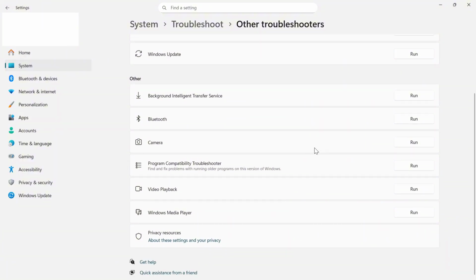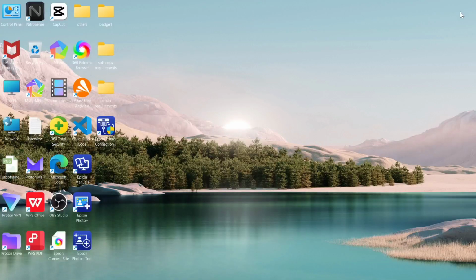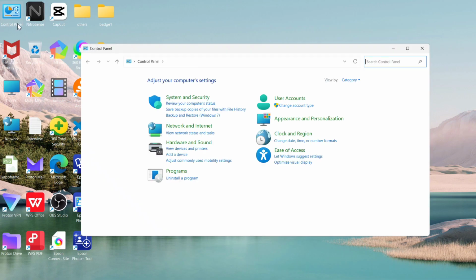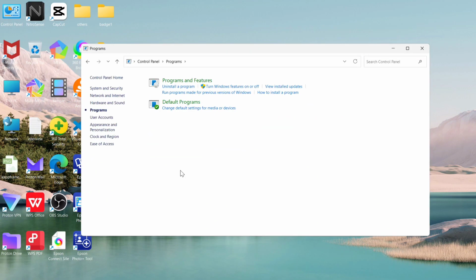Another thing you could encounter on the app is app not opening or crashing. So to fix this, go ahead and reset Media Player. So go ahead and open Control Panel, and then on Control Panel, head over into the Programs tab, and then in here, go ahead and click on Turn Windows Features On or Off, uncheck Windows Media Player, restart, then re-enable